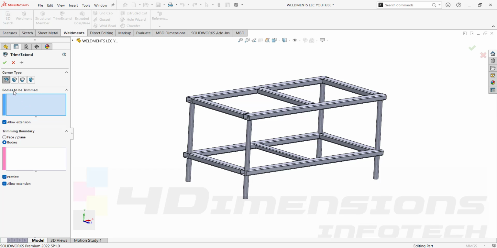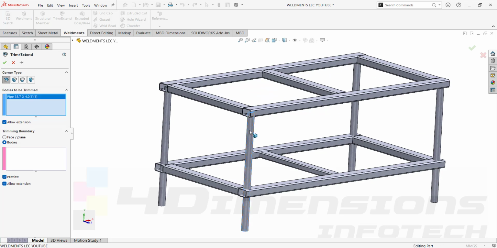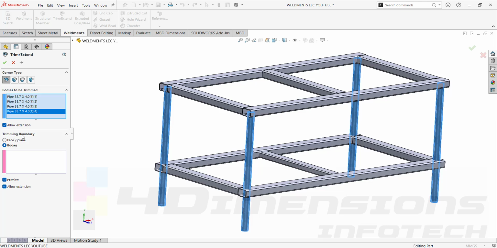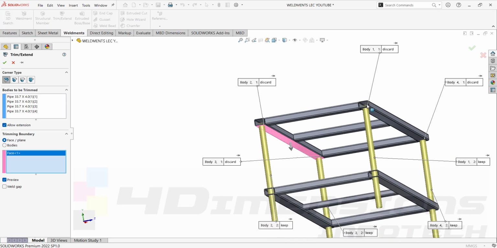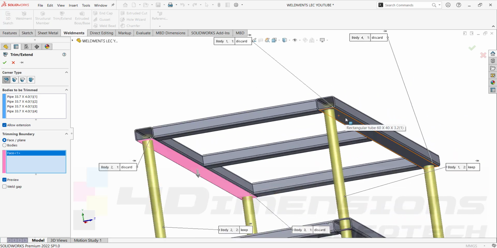It is asking us for the bodies to be trimmed, so I'll select the bodies to be trimmed here. That will be the pipes, all the 4 pipes, and then we'll go for the trimming boundaries. Here we need to show the boundaries in 2 forms. We can show it either by faces as a boundary or bodies as a boundary. So I'll select the faces option first, just to show you how the face option works. Then I'll select these faces here. I'll select this bottom face as a boundary here,